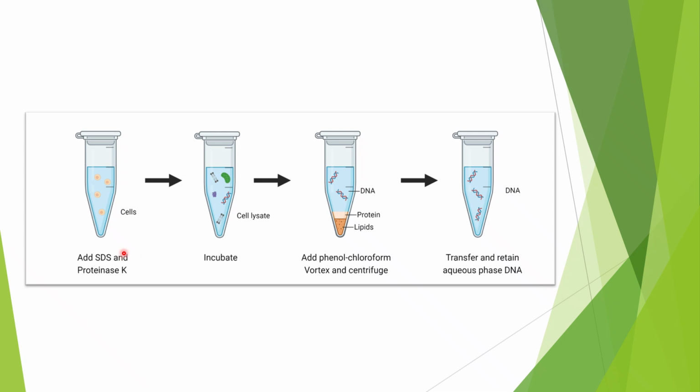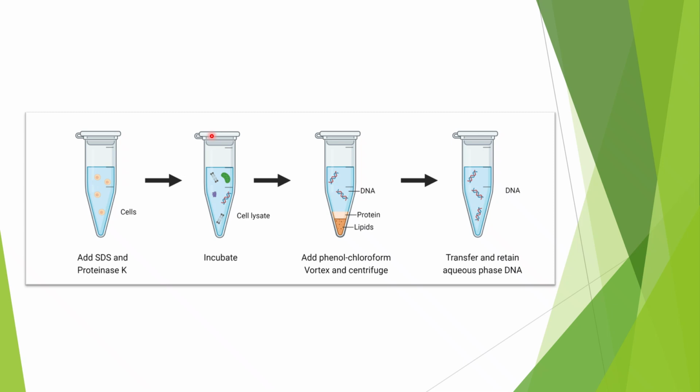So this diagram represents the phenol chloroform method of DNA isolation. Initially, the sample contains intact cells. To break these cells, SDS and proteinase K are added. SDS acts as a detergent that disrupts the cell and nuclear membranes, while proteinase K digests proteins, especially the histones associated with the DNA. This mixture is then incubated to ensure complete cell lysis and protein digestion, forming a cell lysate. After this, the phenol chloroform is added